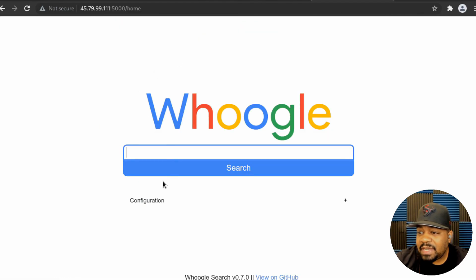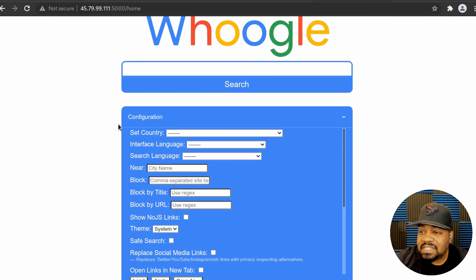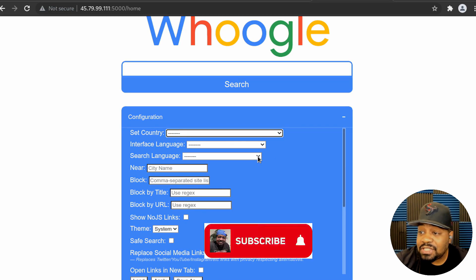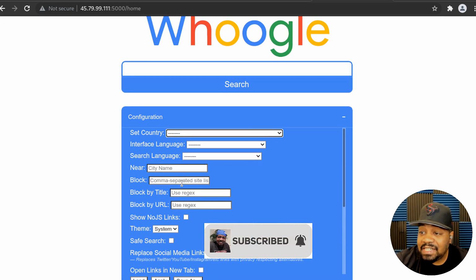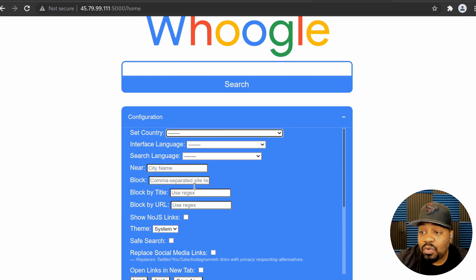Now let's go back to the home page because I wanted to show you guys a little bit of the configuration. You can set up your country if you want to, interface language, search language, city, you can put that information in there if you want to, but the default is just fine. It'll work. This will narrow down your searches based on your location. So you could put a city near you without putting the blocks and all that stuff. But then block by title, use regex,